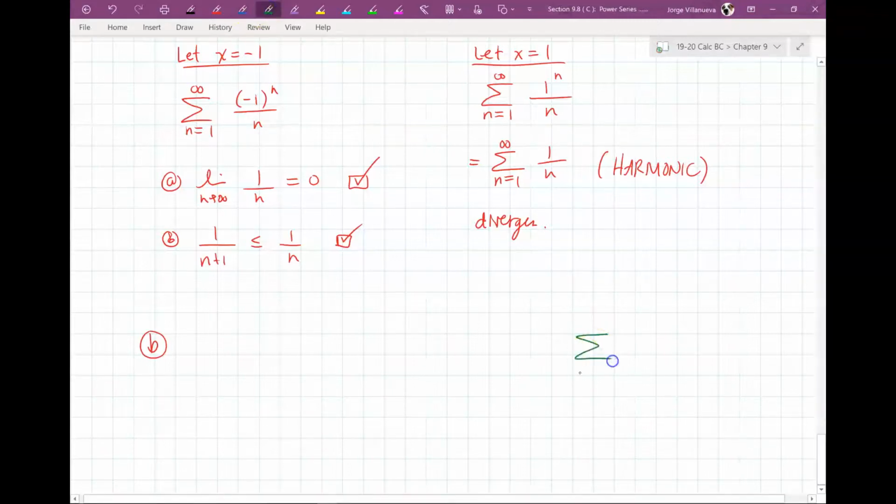This is what we have. x to the n over n. Okay? So only the x terms. So that means the integral that I have here is going to be, I'm just trying to write this out here for us. The integral is going to be